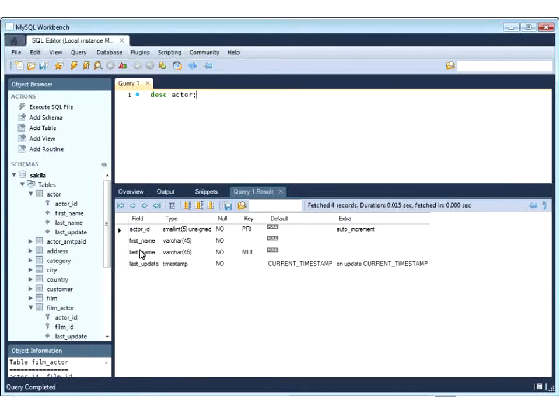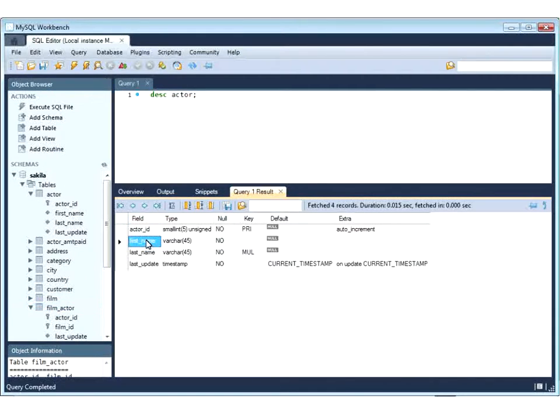Okay, and you can see the table makeup there, just like in Oracle. Or if you're using Access, you can look at the table design like so. Same thing. So we have actor ID, first name, last update. I don't see any foreign keys that may be from film,